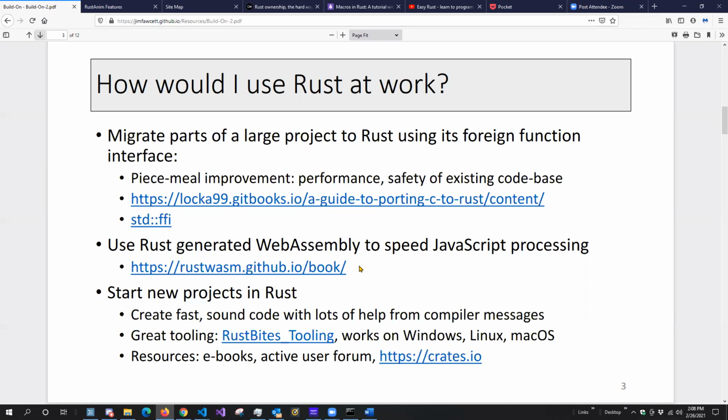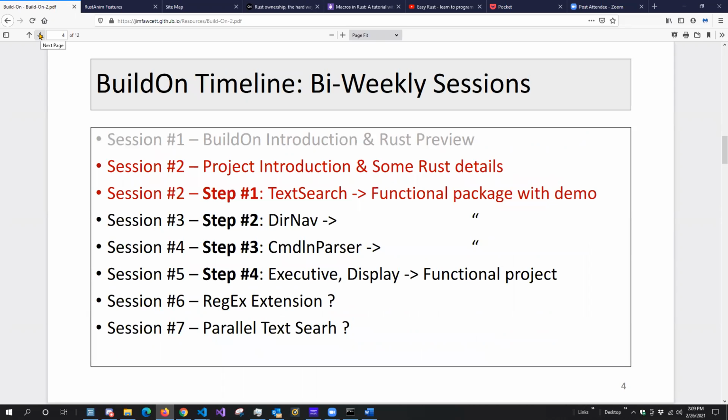Rust has this reputation of being hard to get started with, hard to learn at the beginning. While there's some truth to that, I think it's overblown. It isn't so tough to get going, as long as you're willing to put in a little bit of effort. It's fairly straightforward. So my plan today was to talk about the text finder application itself and then focus on text search. I don't know how far we're going to get,